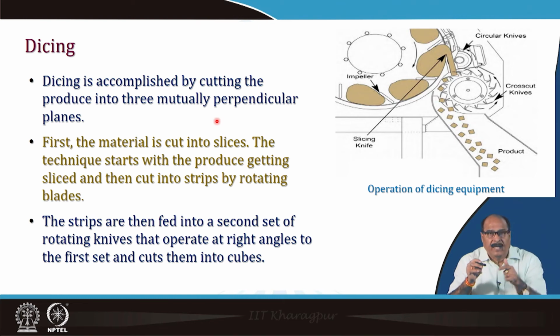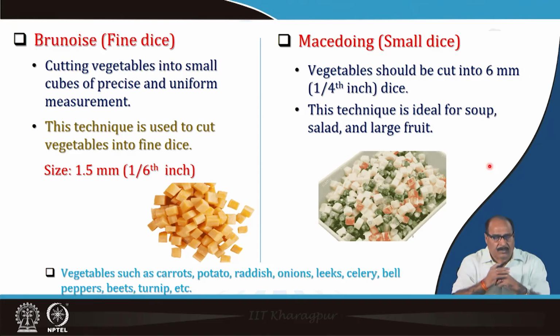that operate at a right angle to the first set and cut them into cubes. You can see the operation of dicing equipment shown in the figure, how the material is moving. There is an impeller force and there are circular cutting knives which cut the material, and the cut product finally comes out. There are different types of dices, like fine dice, brunoise,